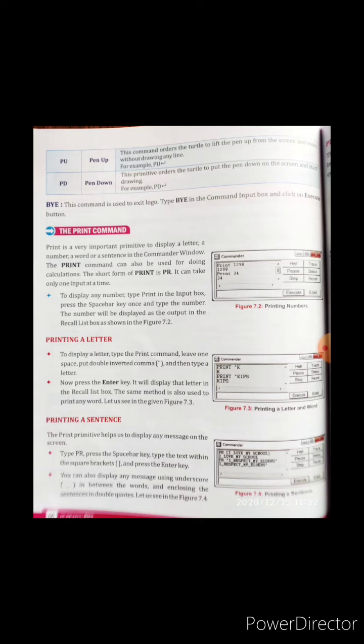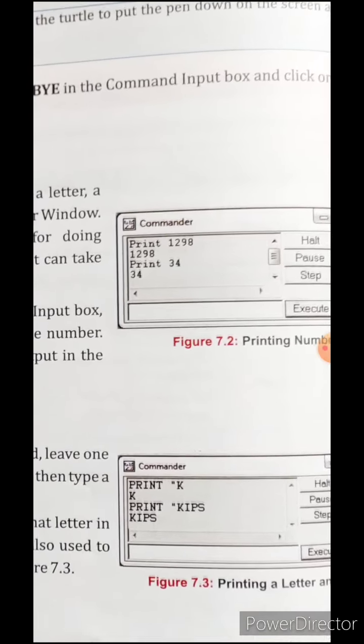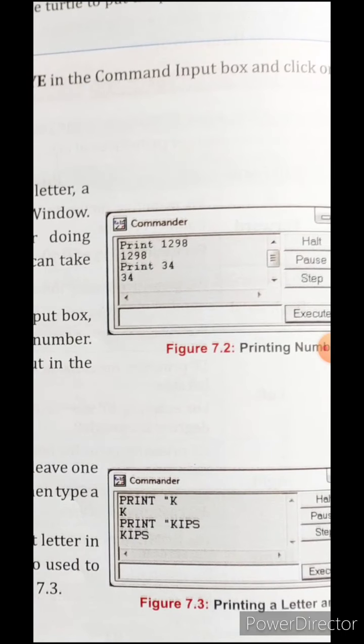The short form of the print command you can see is PR. Now how to print or what to print? In the command input box you need to write, suppose you need to print 1298, or your name can be printed, but now starting with a number. Suppose you want to print your birth date, so I am putting my birth date.